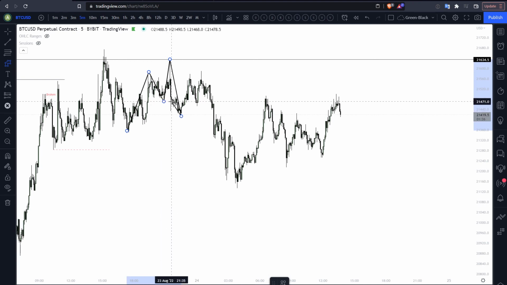So now this structure of breaking the high and breaking the low is complete, and I should wait for entries in this area when this high is taken and this low is taken. If there is a fair value gap or an unmitigated order block, then this is where I should be entering